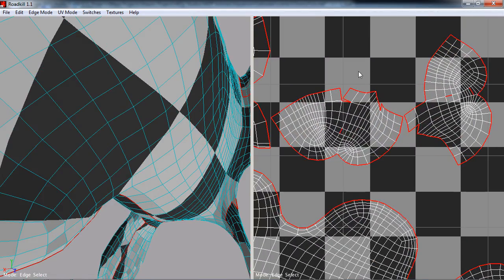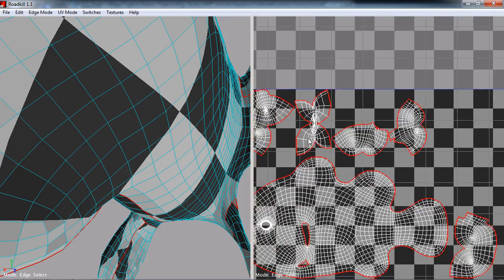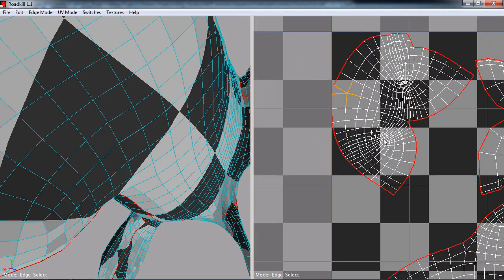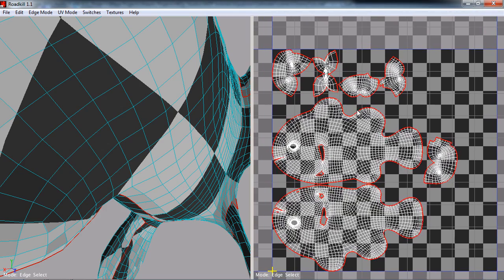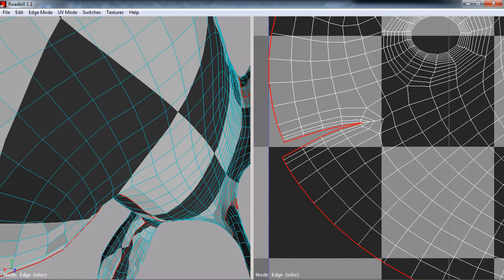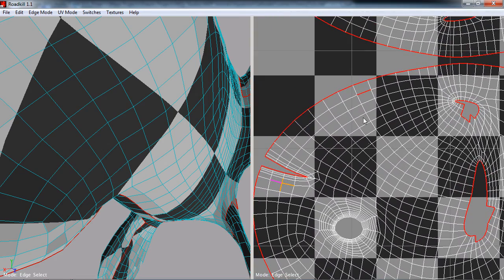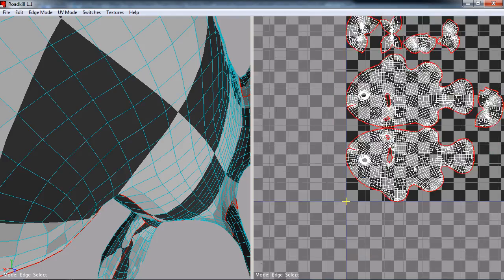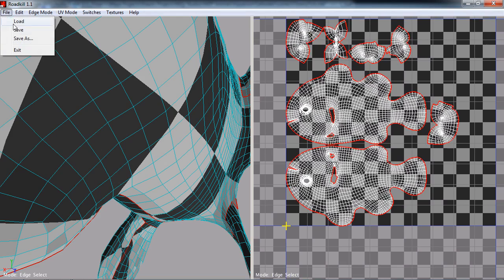Okay, so now you can see that we have our fish UV'd, and I'm just going to make sure that I clean these unwelded edges up. So we'll get those welded up, and everything there is laid out properly. So this would be our mouth sack. Our mouth is actually looking good there, and I need to clean that one up, weld that one. We're looking fine there. Okay, so we'll go ahead and save, and I'm going to jump back to Maya here,